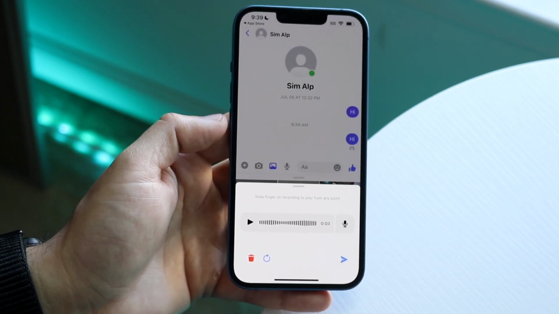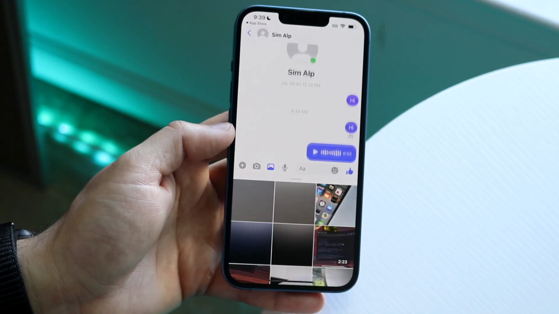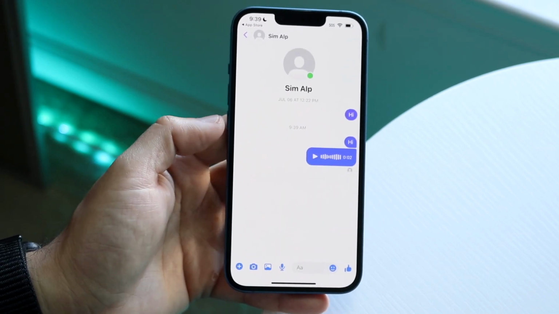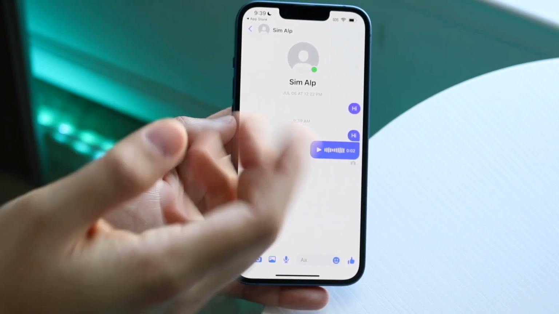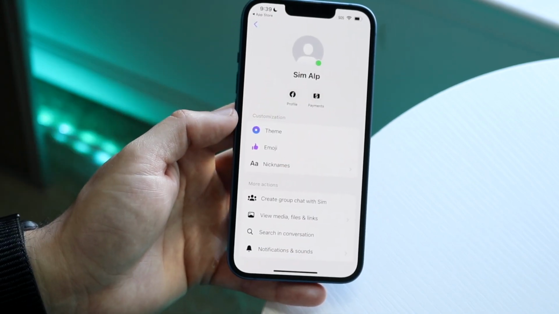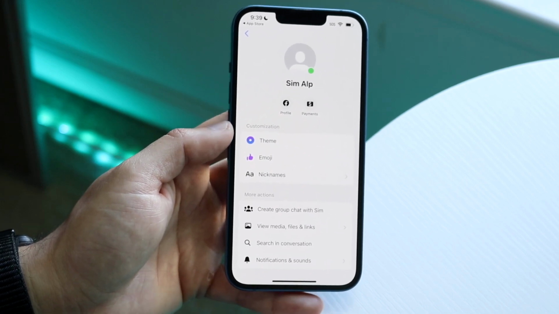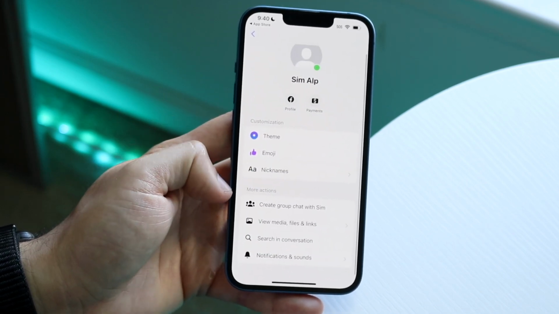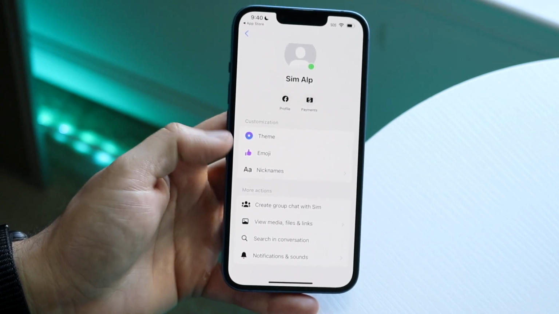I mean, there's a lot of different things you can do right within this application. I can send this off as well. So right there's a quick breakdown of this. Now, that is basically the main thing. If you want to get into their Facebook profile, I think you can click right up here, and it will give you a little bit more of a breakdown of your relationship with that type of person. So here you can see themes, emojis, create group chats with this person, notifications and accounts,